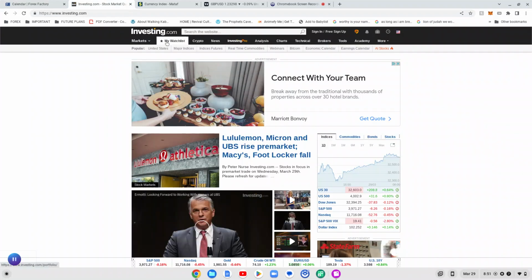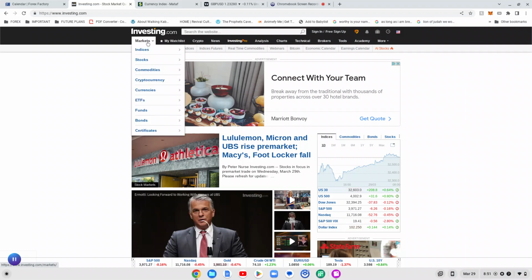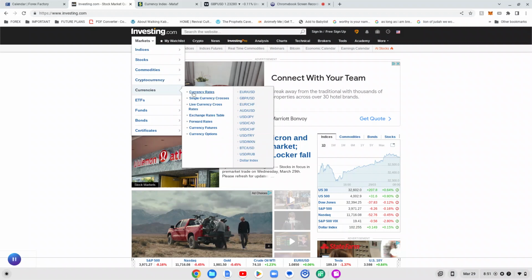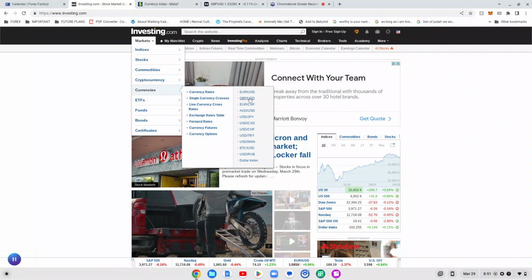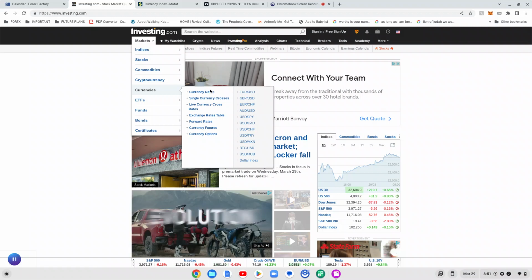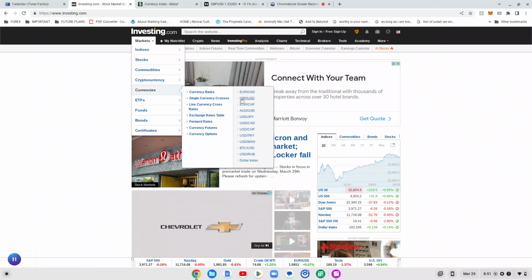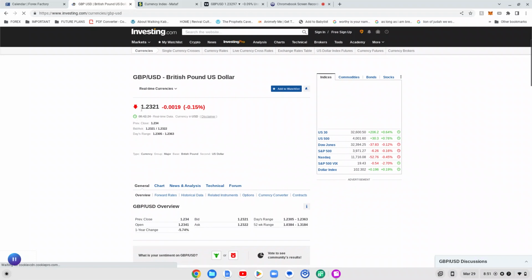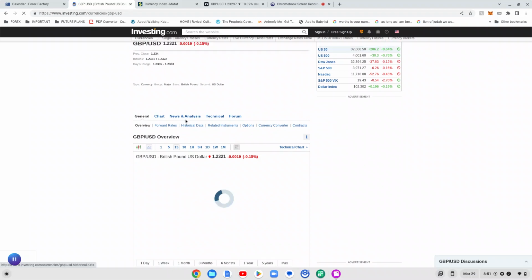Investing.com is where I get a little bit of my fundamentals as well. And here's how you navigate it. I go to markets, I go to currencies, and GU is right here at the top. That's my favorite pair. If your pair is not on this list, I guess you can look here or search the website. But I just click GU straight away, and it brings me to the real-time progress, what it's doing, real-time data, general chart, news and analysis, technical, and the forum. I only really look at the news and analysis,